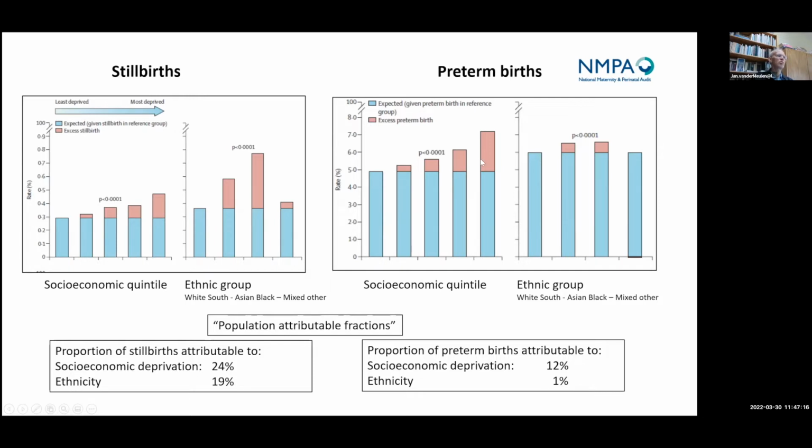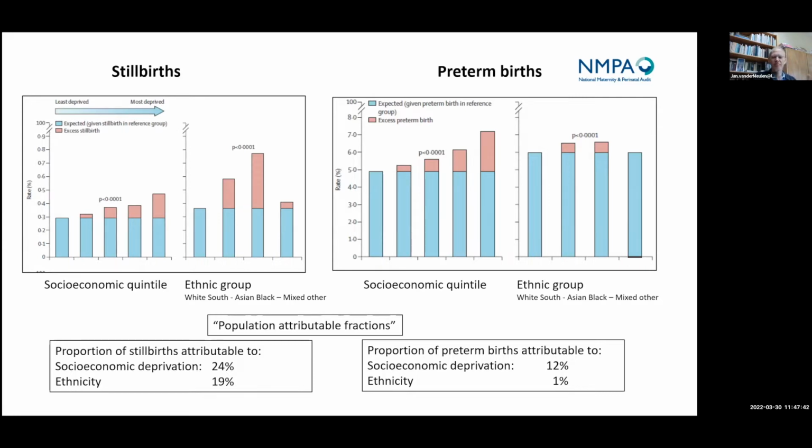especially for socioeconomic quintile, women from more deprived backgrounds, in other words, poorer women have worse pregnancy outcomes, higher preterm birth rates, but the effect in ethnic group was not as high. And as an epidemiologist, we then tried to see how can we capture those differences as well. And we calculated something that we call